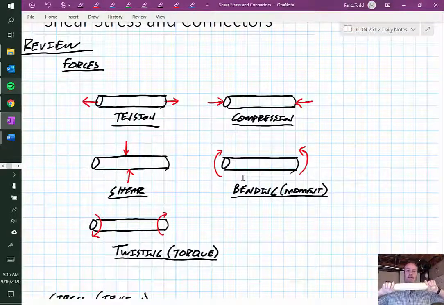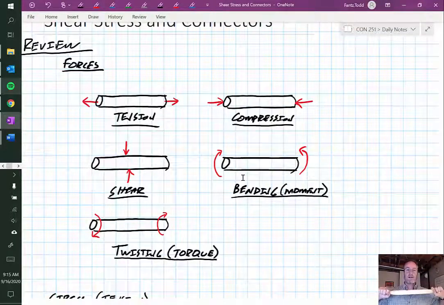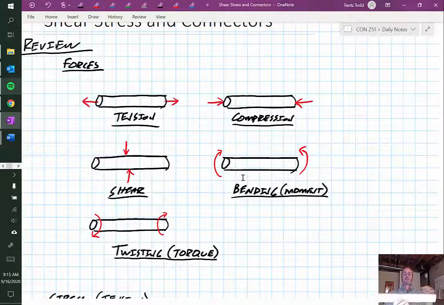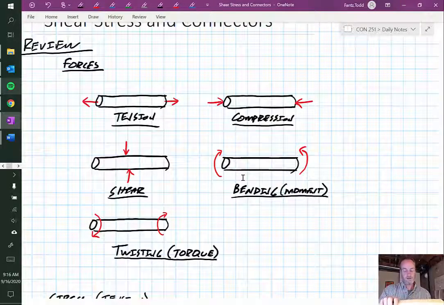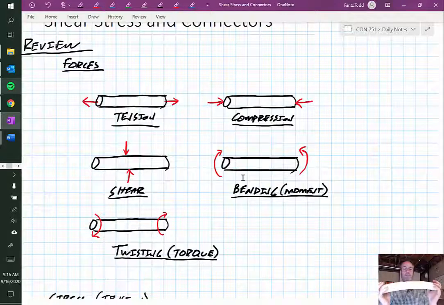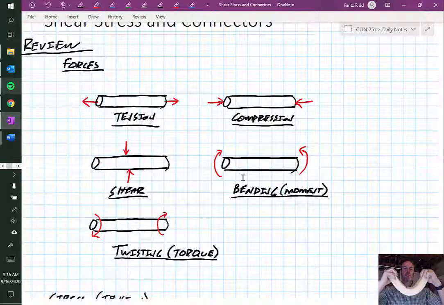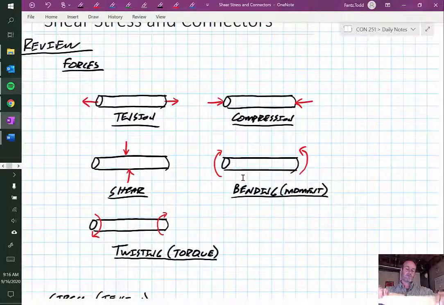We said there's a tensile force or tension that's pulling an object. We said compression is like pushing in on the object, right? We said a shearing force is like, when you think about scissors, like cutting it, or if I'm holding it here and I karate chop it, I have two forces almost on top of each other that are making this material want to, in essence, break in half right down the center here. We talked about a bending moment or bending force like that, and we talked about a twisting force, which is